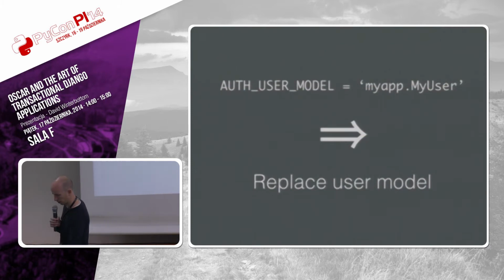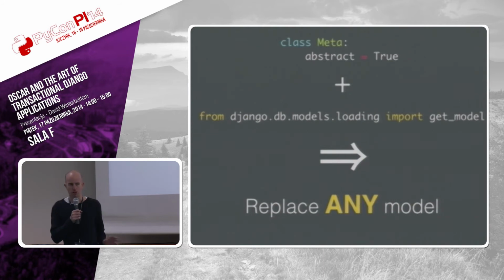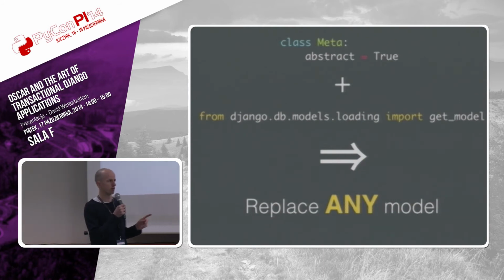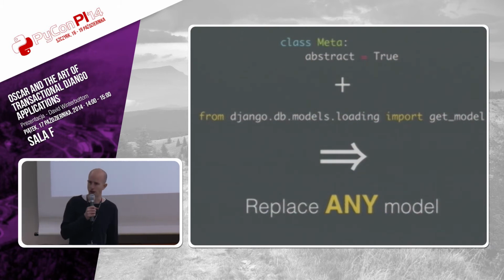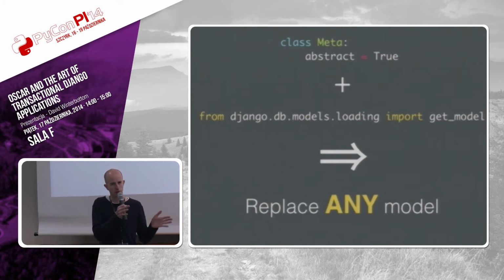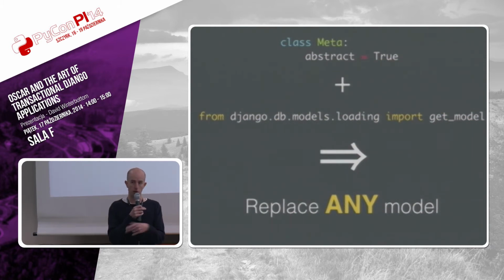So in Oscar, Oscar's a set of apps in Django terminology, and virtually every app has all the models declared as abstract, with a completely empty, concrete implementation of them. And Oscar supports this thing where you can effectively fork an app. So if you've got an app called Catalog, which has a product model in it, you can use your own Catalog app in your project, and you can take Oscar's product model and change it.